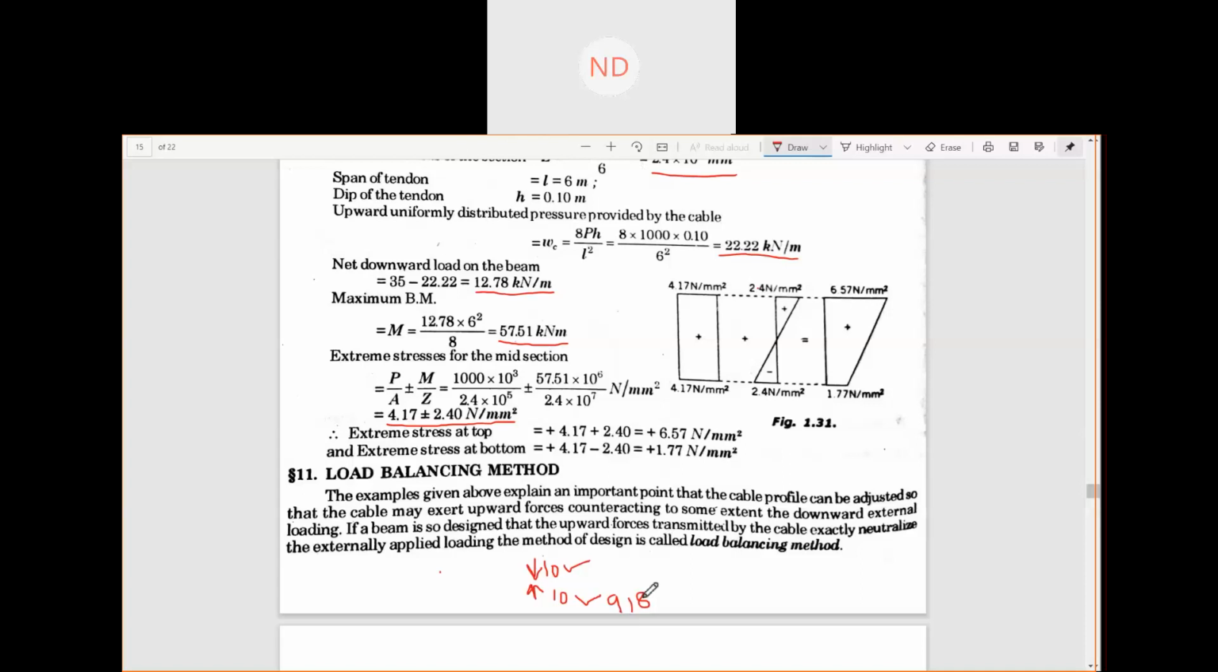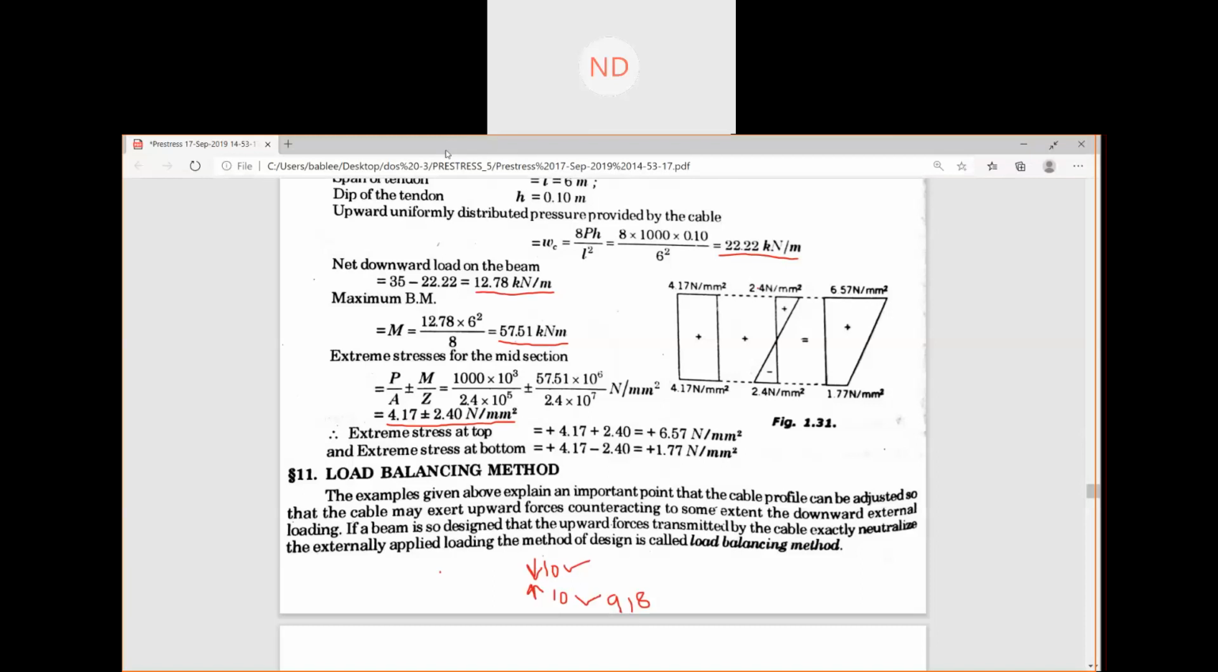But when we are trying to completely balance, we will find out how much pre-stressing force is to be given. Earlier we knew the pre-stressing force, that this much pre-stressing force is there, this much dip is there, so we could calculate the upward thrust. But when we want to totally neutralize, if a 10 kilonewton downward load is there, and we want to give an upward load of 10 kilonewton, what is happening is that we will,